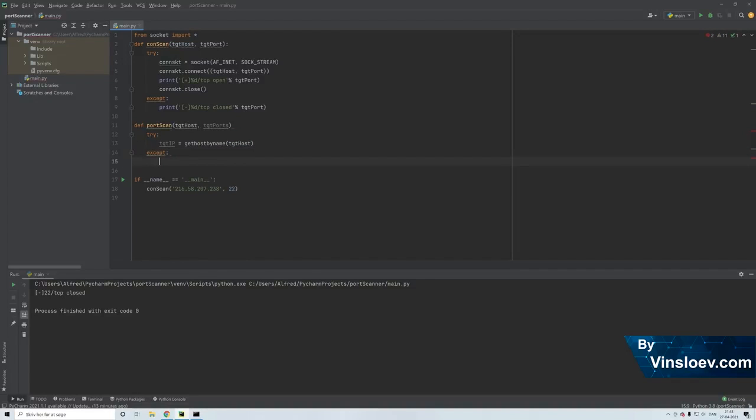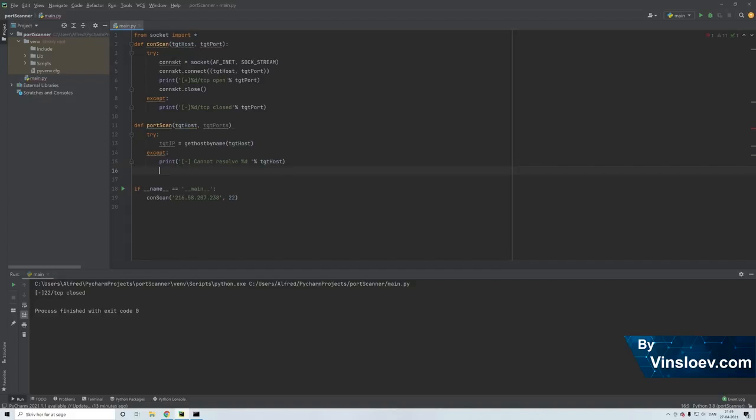If we are not able to accomplish this, we will just make a print statement where we will be reusing this logic here, but we will just, instead of doing this, we'll just say cannot resolve, and then we will use this right here, and instead of target port, we will be using the target host like this,